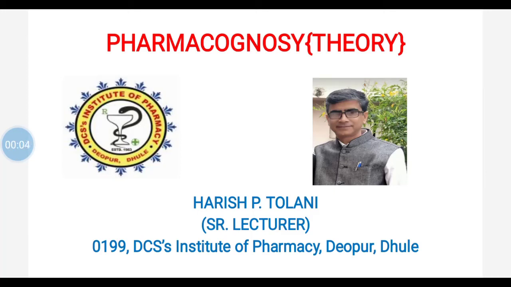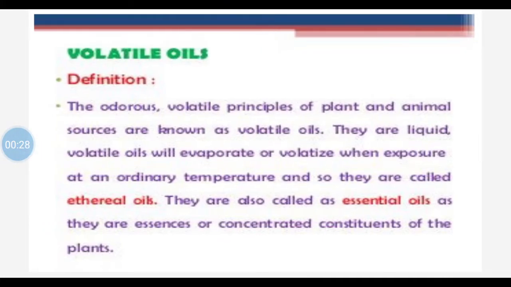Hello everyone. So continuing with the pharmacognosy subject, we have already started the topic in general pharmacognosy, chemical nature of crude drugs. Now in that, after alkaloids and glycosides, next important one is volatile oils. Now most of the volatile oil containing drugs we have also covered, and you might be remembering the carminative drugs,